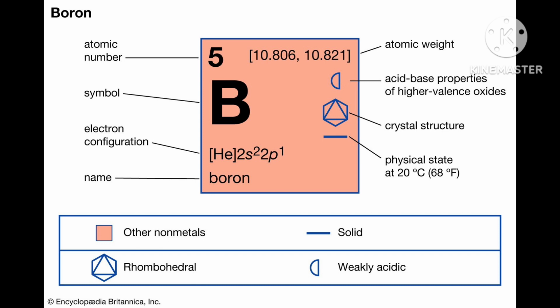Here, monomeric trihalides being electron deficient are strong Lewis acids. Boron trifluoride easily reacts with Lewis bases such as NH3 to complete the octet around boron. BF3 plus NH3, where N has a lone pair of electrons, forms F3B←NH3, where there is a coordinate bond between N and B.